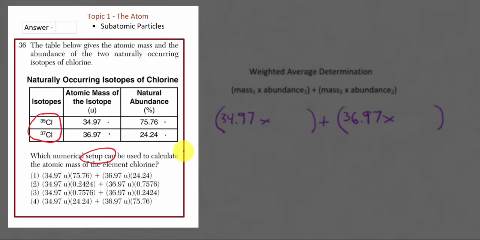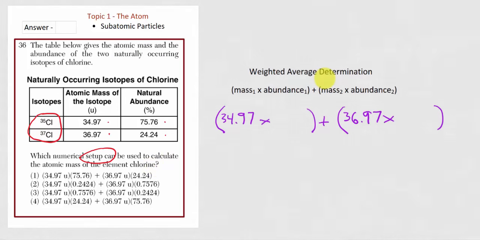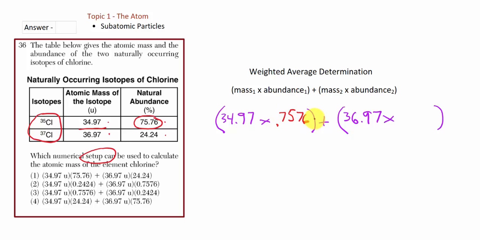This is a weighted average determination. And when you do a weighted average, what you're going to be doing here is multiplying the independent weights of the isotopes by their natural abundances, which are percent values. Key to the question is understanding that the natural abundance values, the 75.76, which goes with the 34.97 mass, has to be converted into a decimal equivalent before you do the calculation. So that's going to be 0.7576. And we multiply those 2 values together, and we're going to be adding the product of the second mass multiplied by its abundance. Its abundance is 24.24%, which converts to